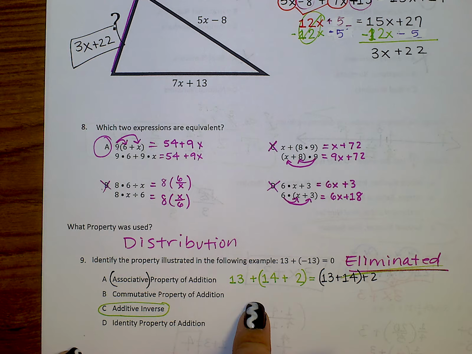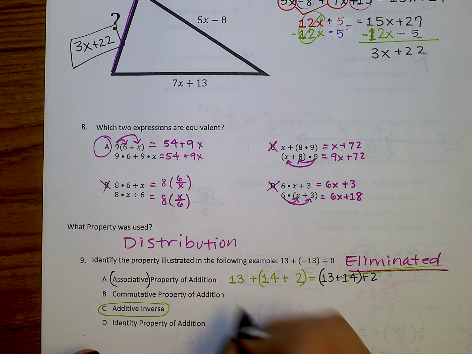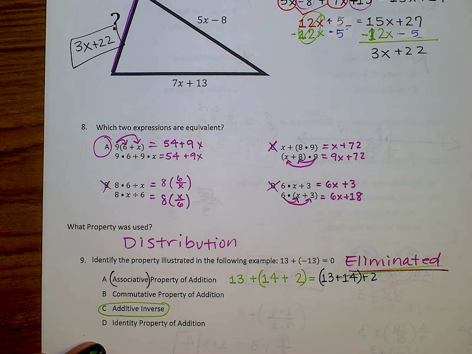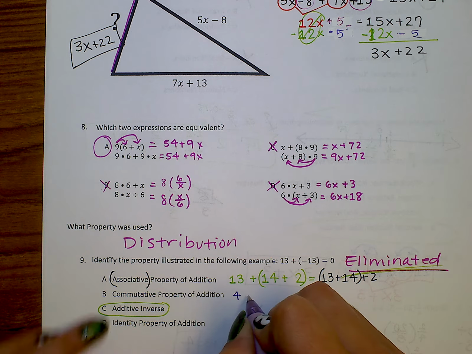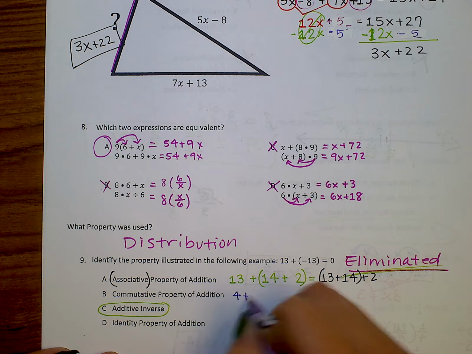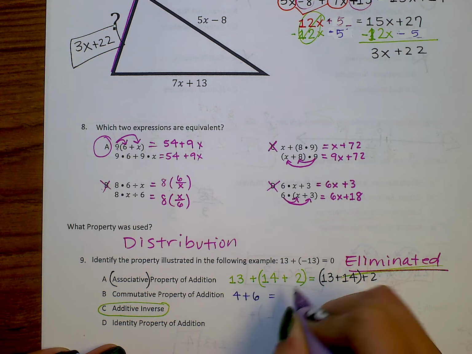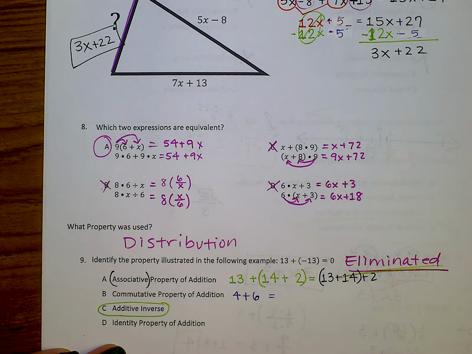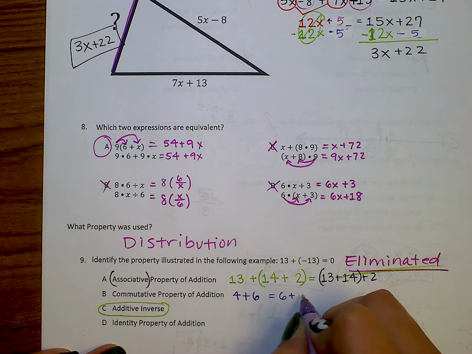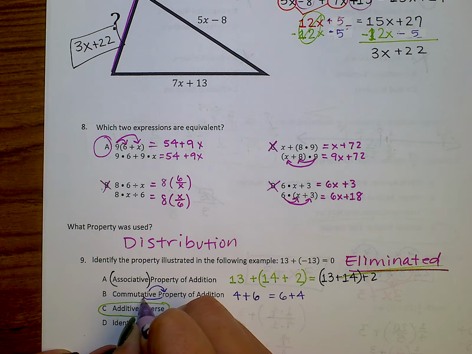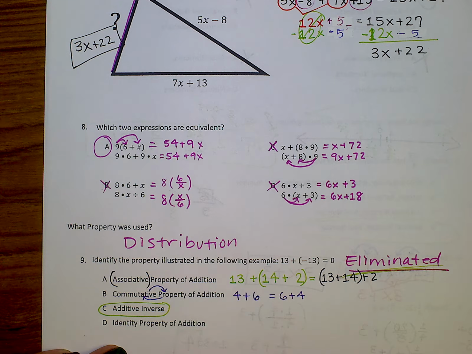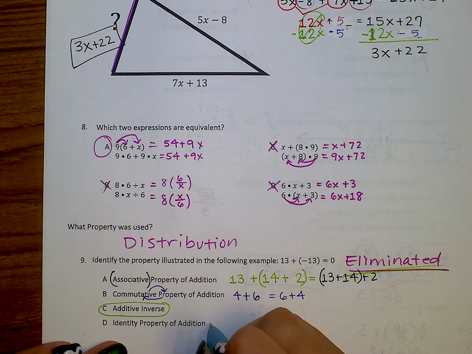Commutative property of addition says something like 4 plus 6 is equal to 6 plus 4. You're going to move your terms around the addition symbol. And lastly, identity property. Identity property means that I put something